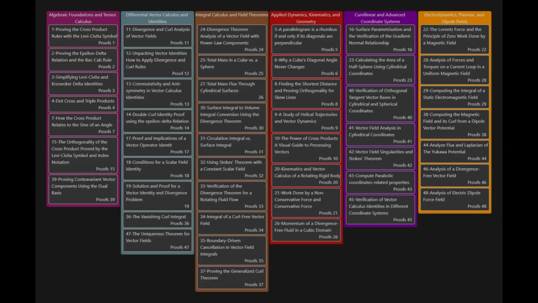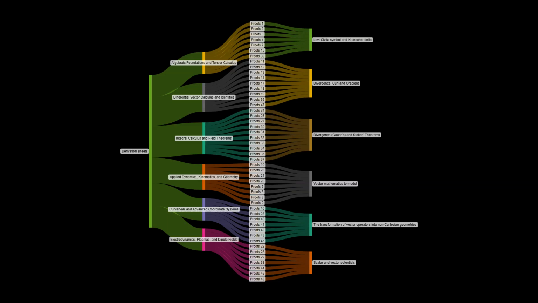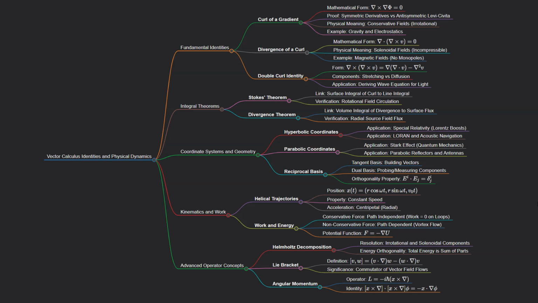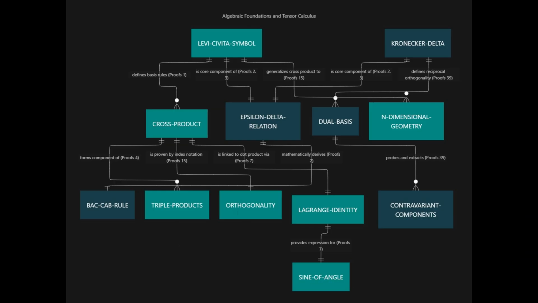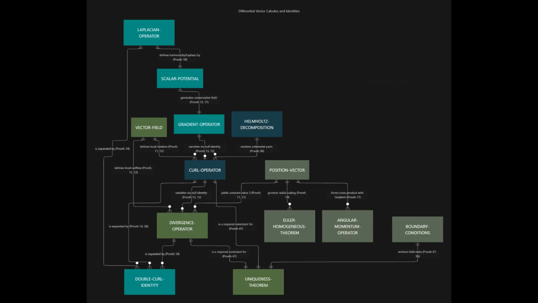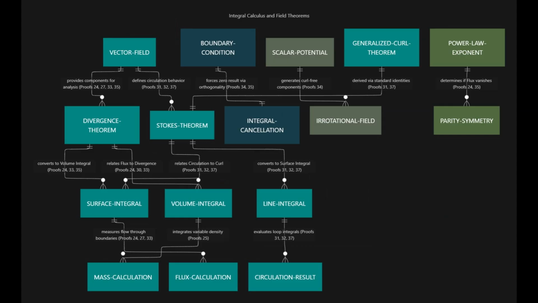To simplify complex problems, these derivation sheets venture into specialized coordinate systems that match the symmetry of nature. Hyperbolic coordinates. These serve as the natural language for special relativity, where space and time warp together during high-speed travel. They also provide the foundation for long-range navigation, LORAN, and pinpointing the exact origin of a sound, such as sniper